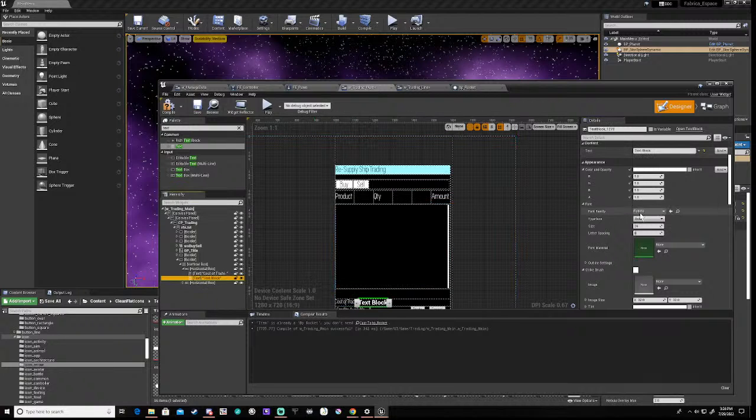Then this one is going to be the same, except this one is going to be a variable, so we shall call it txt trade cost and set it to a variable. Okay,